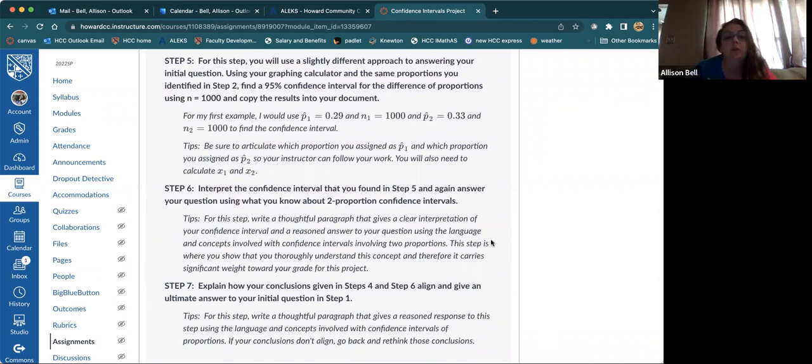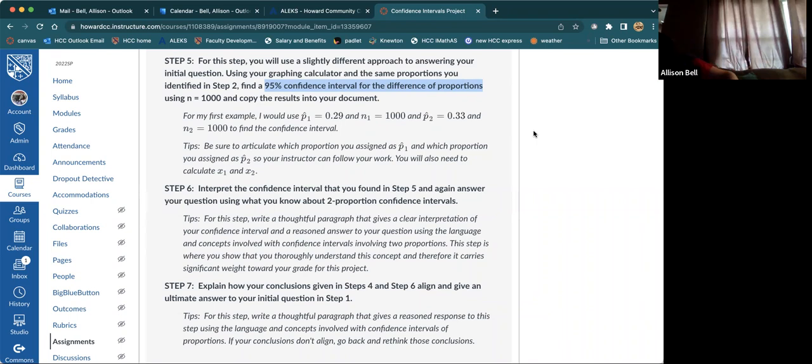Okay, step 5. I'm trying to go quick so this video isn't too long. This step, we're going to do a different approach, which means we're going to do 2 proportions at the same time. If we're going to use 2 proportions, then we're in a 2 prop Z interval. So it still says we're finding a 95% confidence interval, but now it's in the difference of proportions. So that means we're going to use a 2 prop Z interval. This implies that you're going to choose the first year as group 1 and the second year as group 2. Okay. Or if you reverse that, excuse me,